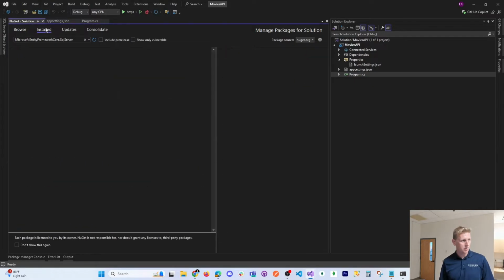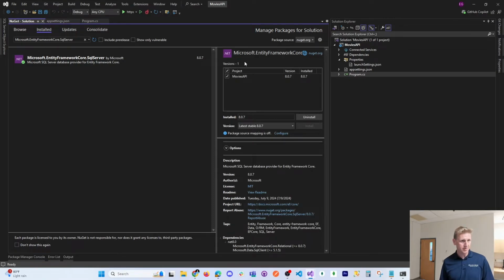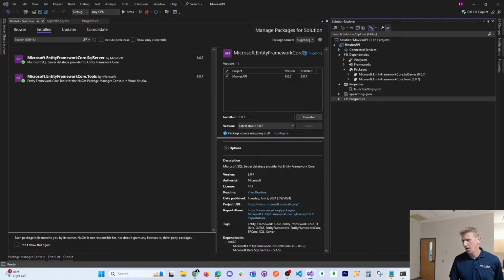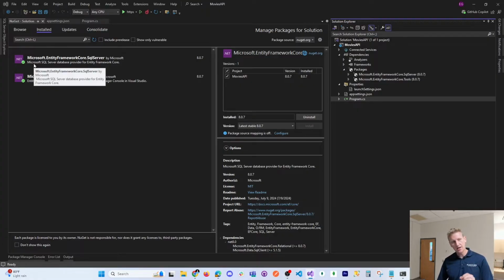And if I go to under installed and refresh here, sometimes it takes a minute. Clear those out and refresh. You can see those two dependencies are installed. Okay, so we have Entity Framework installed, but again, what Entity Framework is going to do is map our entities